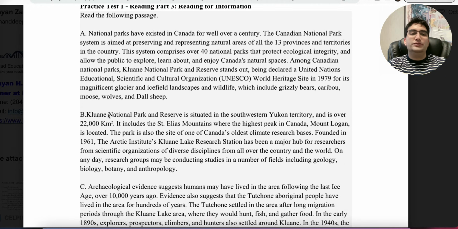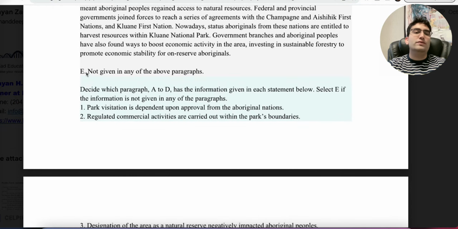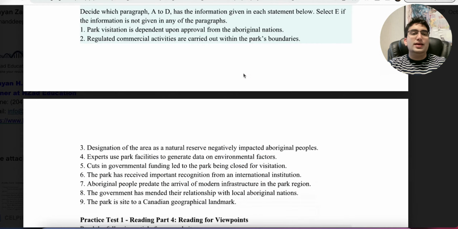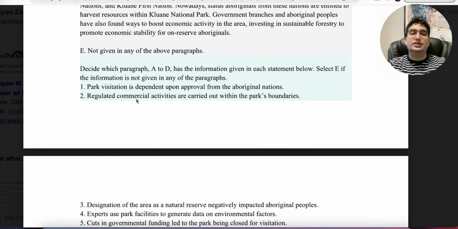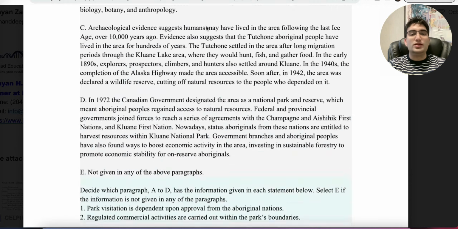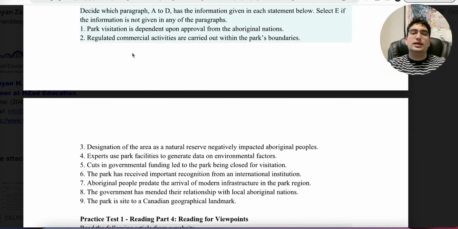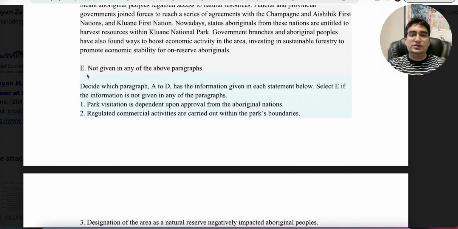Part 3 gives you a bunch of paragraphs. This is a sample test, and you have E at the end, which says not given in any of the paragraphs. Then you get questions. You get questions 1 to 9 usually. And what you've got to do is match these sentences with the paragraphs. So you have to find, for example, whatever is mentioned in 2, is it mentioned in C, B, whatever. Okay? If you cannot find the answer for 2 anywhere, you put E next to it, which means it's not